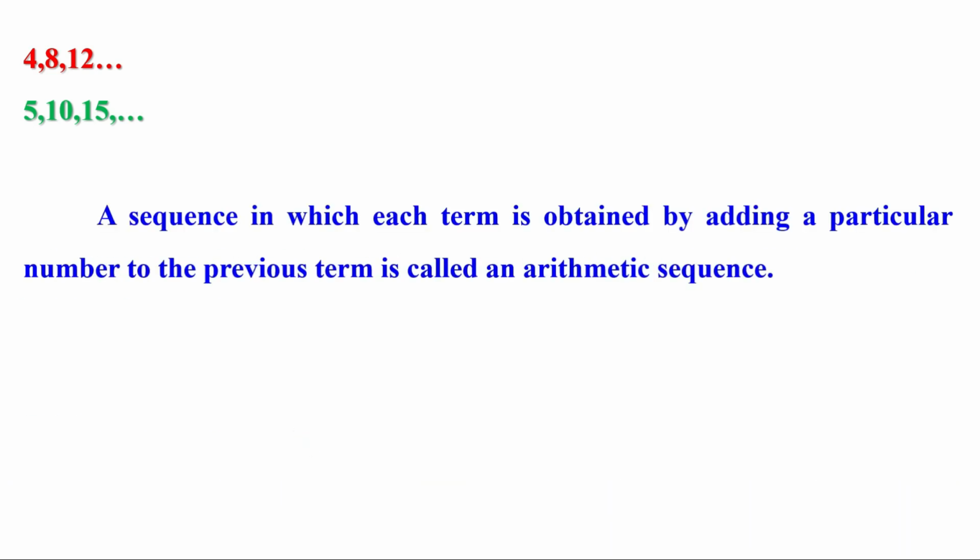For every sequence, there is a rule. In the case of arithmetic sequence, the rule is addition. Addition by a particular number. Or in other words, we can say, in a sequence, if each term is obtained by adding a particular number to the previous term, it is called an arithmetic sequence. So, a sequence in which each term is obtained by adding a particular number to the previous term is called